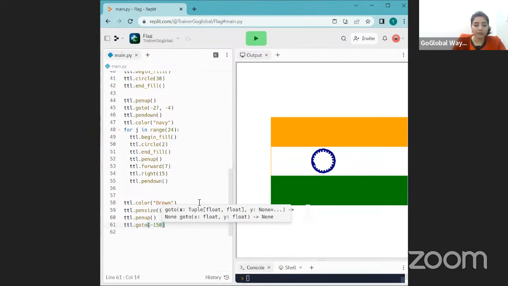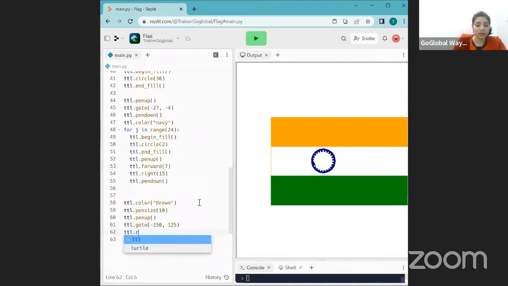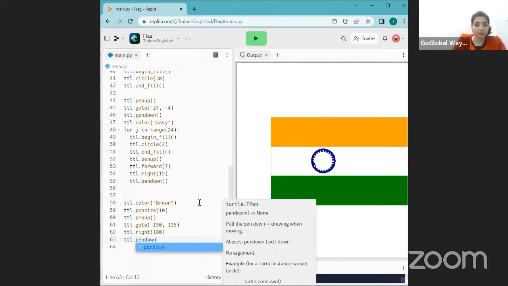Basically 150, 125 is the position that we go with. ttl dot right, it should be 180. ttl dot pen down,